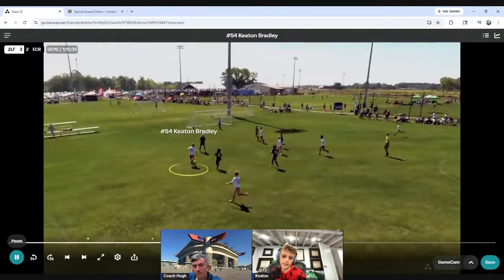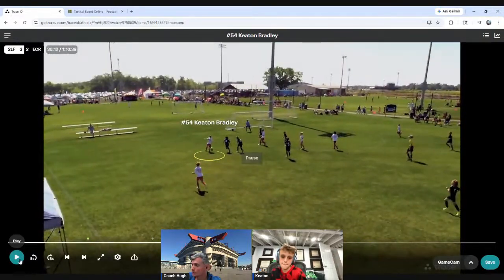Right here, do you think you could have gone to goal? Yeah. This is a great first move. I love this first move. You created the separation. That's fantastic. I said use your left foot. You found another way to go left, which is to use a sole roll. That's great stuff. But now you've got to accelerate into the box.